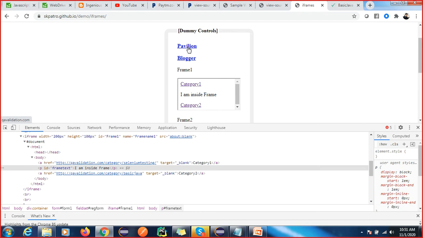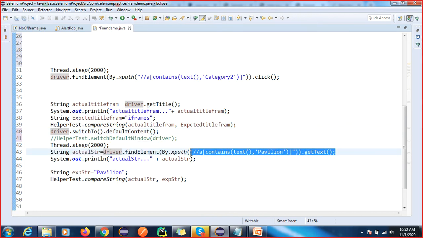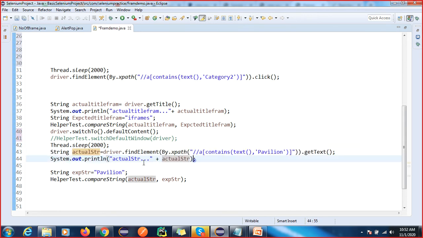Because I want to confirm whether we already switched to the default page or not. So I am going to capture this. If you are doing practice, you are able to understand, otherwise you are not able to understand. So here I find this XPath, capturing this string by using actual string and displaying this. Again here we are comparing this.